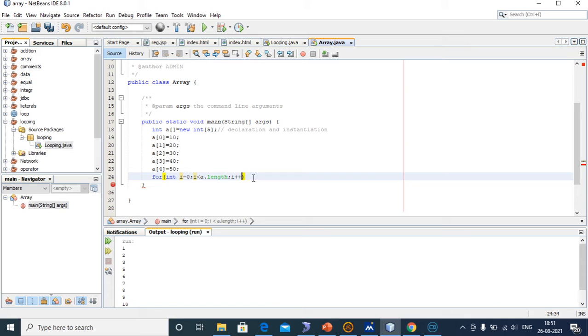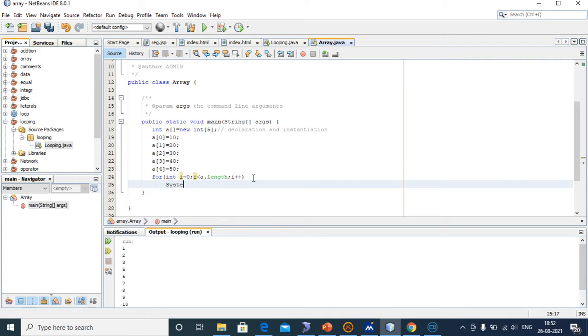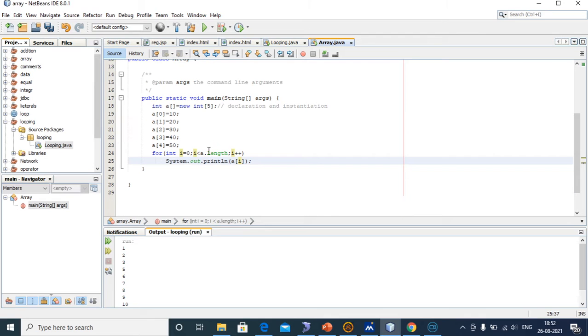So we have to give the print statement. System dot out dot println a of i. Okay, this is basically how we declare and initialize the array in one dimension.